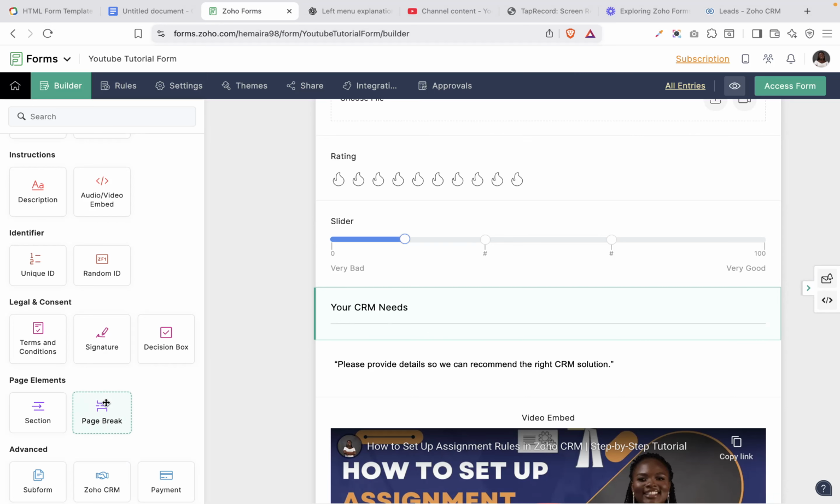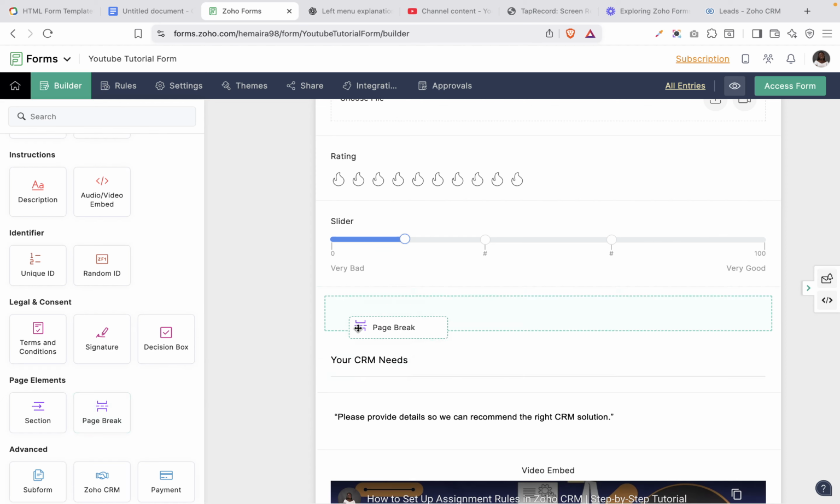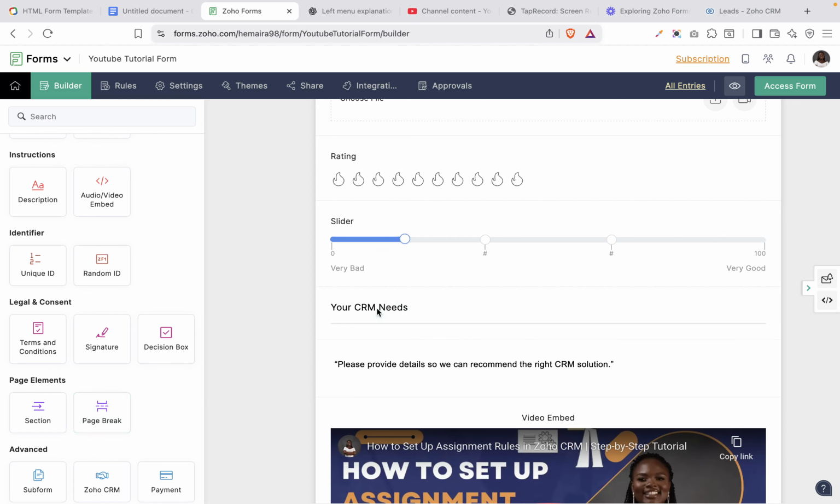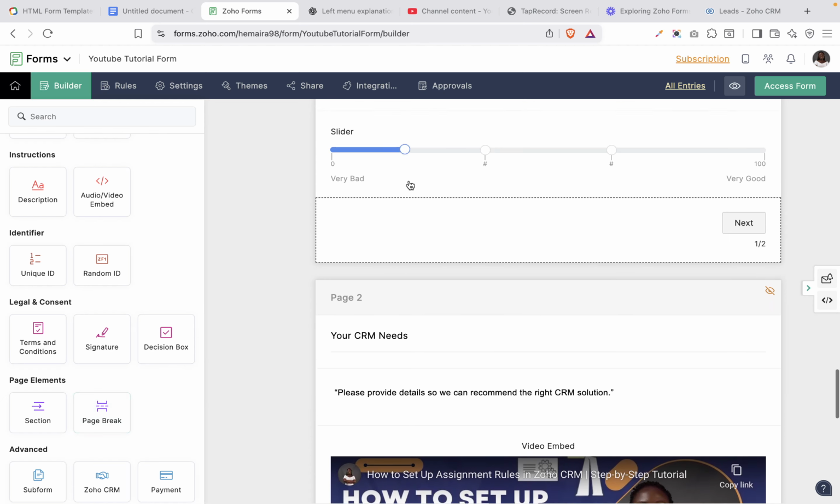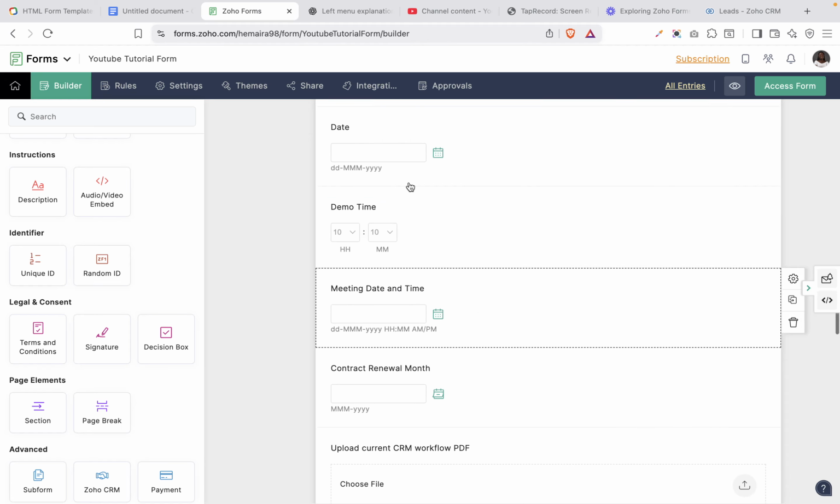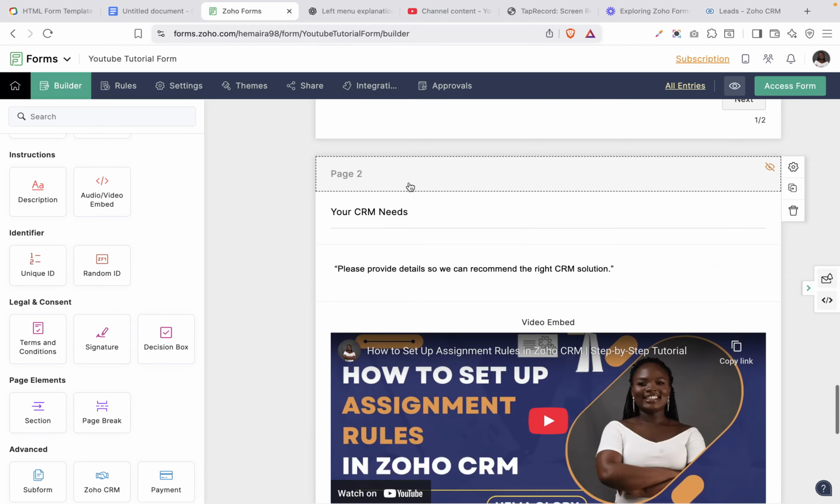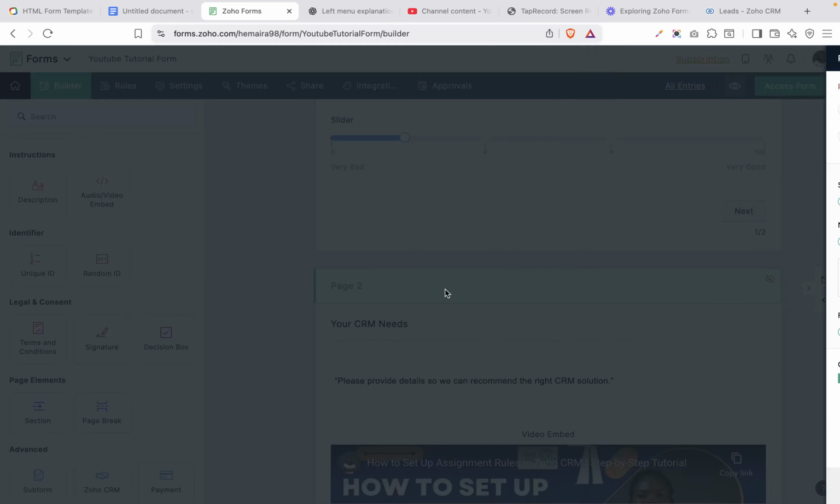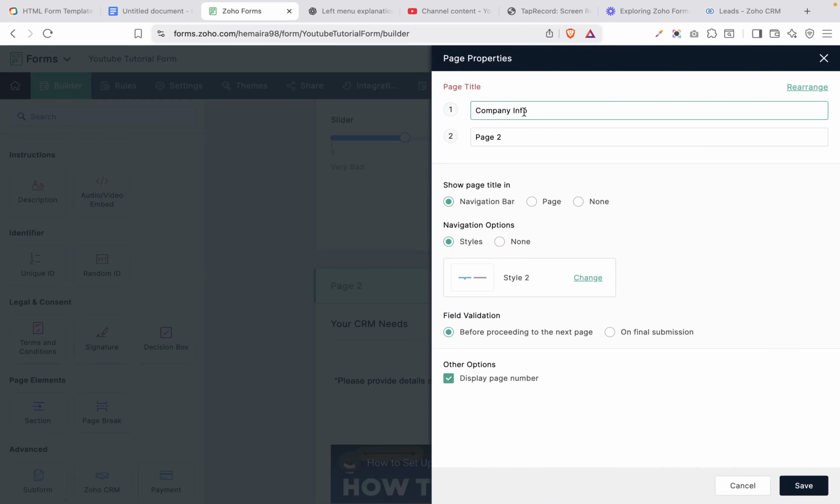You can also decide to add in a page break. So a page break is going to break your page into 2 pages. So when you add in a page break here, the upper part is going to be from the first question down to this question, and it added in a page 2. So you can decide that you want the first page to be company info, and the next page to be your